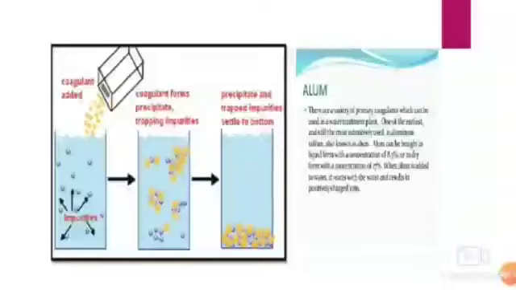So these coagulating agents bind the dirt particles or the insoluble particles into heavier particles down at the base of the liquid, and the clear liquid is obtained on the top. It is a process which tries to fasten the sedimentation process within a short time. For example, if the sedimentation is going to take 5 hours, you can use an external coagulating agent so that the process will speed up and it can be done in less time. The 4-hour process can be completed in 1 hour.